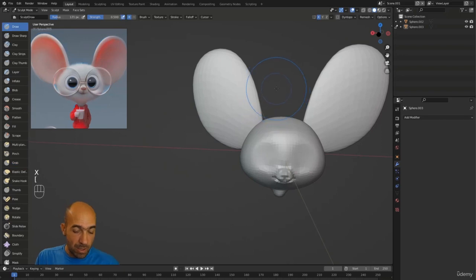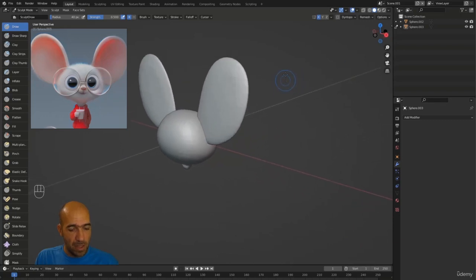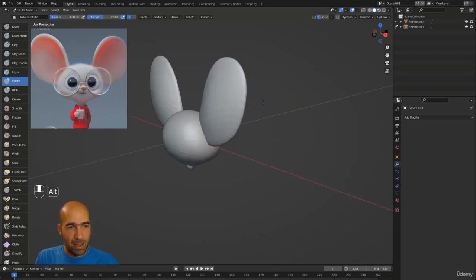And also we can start with our draw brush, and then Control, and dig a little bit here in the inside, and then smooth it, and it will start looking alright for us. In the back we can go 6, which is our inflate brush, as you know. I told you how to make the shortcuts of these brushes, and I can inflate the back of it, because